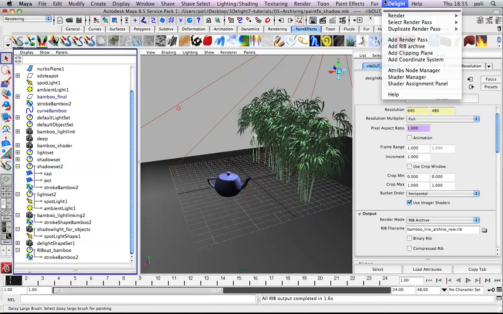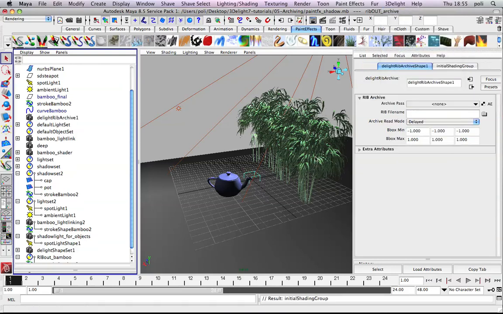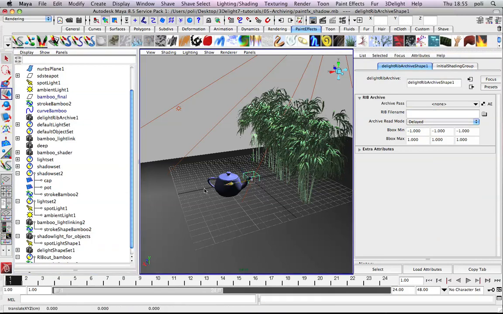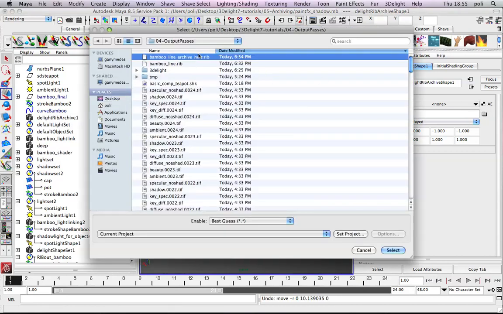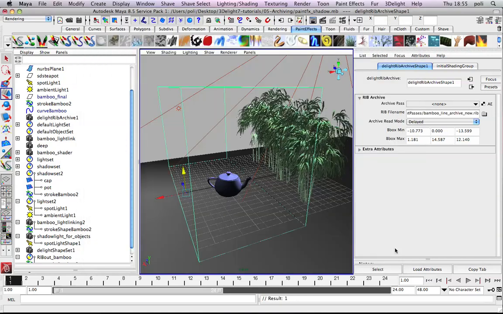What do we do? We just go here with 3Delight and we see another piece of the UI. We add a rib archive, and you can see there's something like a placeholder node, like an empty box. Let's leave it there for the moment, and we just say okay, let's load a rib archive, and we want this bamboo line archive new.rib. Select, and automatically the bounding box will be scaled,